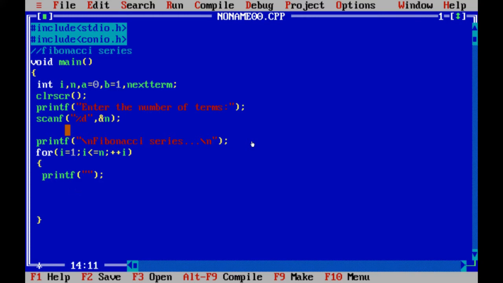So printf and %d is used to give the value of a variable that has been stored. The value we are going to give is our first value a, so we have written a here.